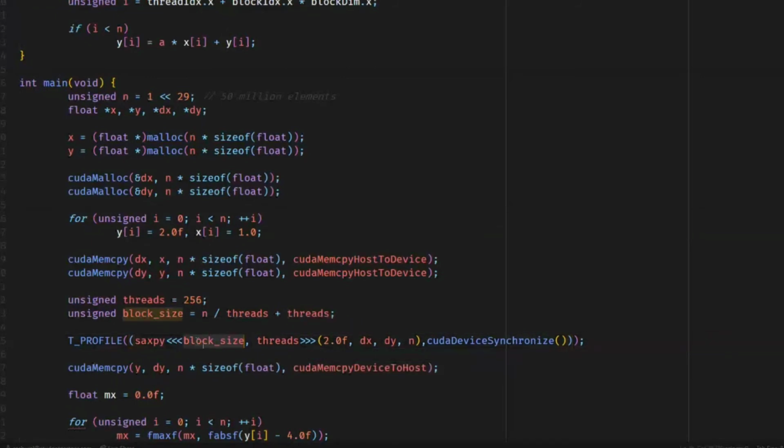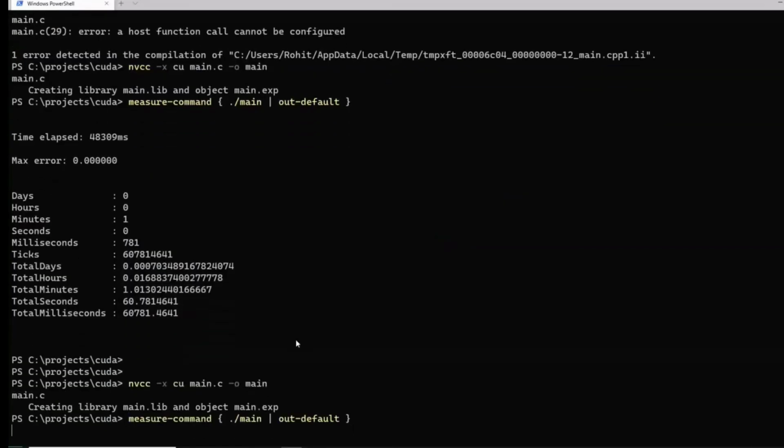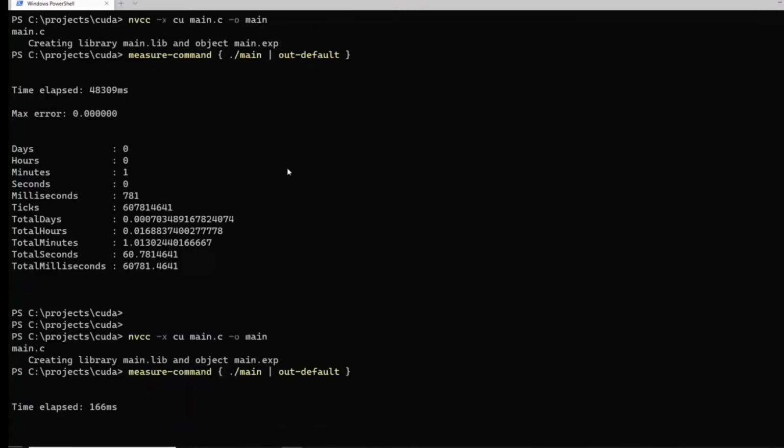Now let us compile this application and check how it performs. Okay, it's compiled now. As you can see, we have a massive amount of performance gain here.